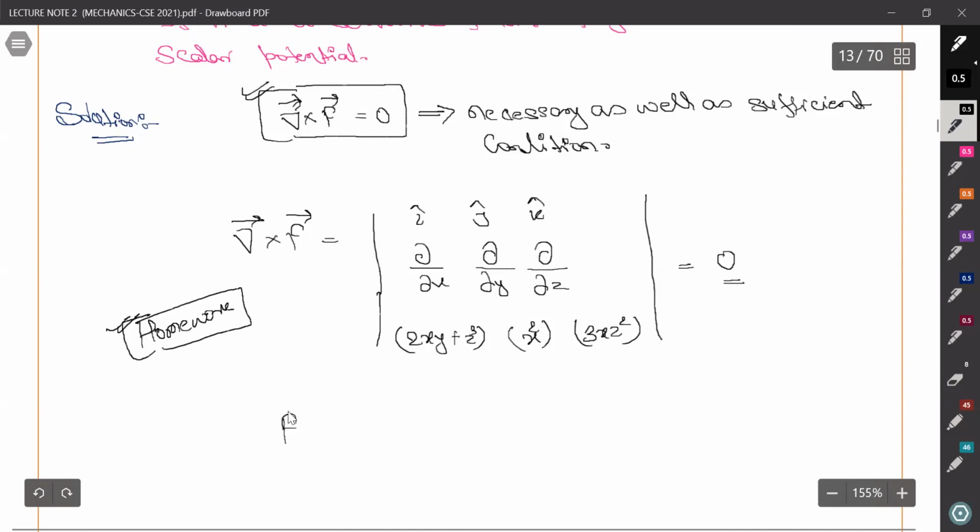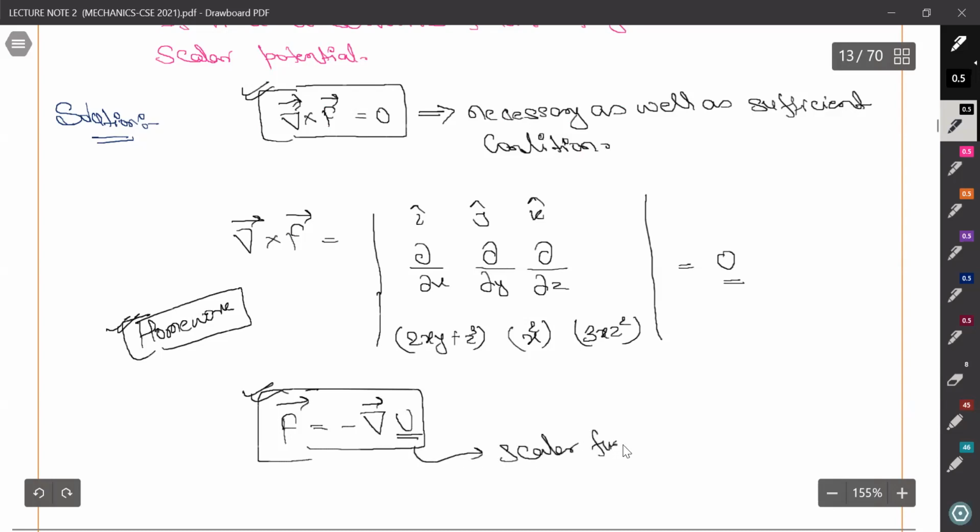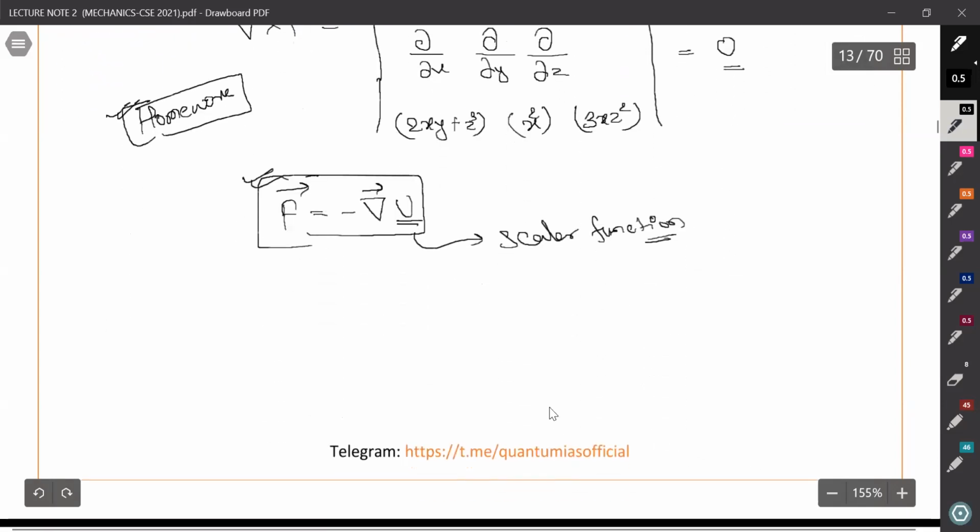So we also know that if force is conservative, then we can write it as the gradient of a potential, and this is the scalar function that we need to find out. So how can we make this? We can do this using the partial integration concept. So how can we do that? Just see. For u, it's better to say delta u, right? Or for simplicity, just take it as u for now.